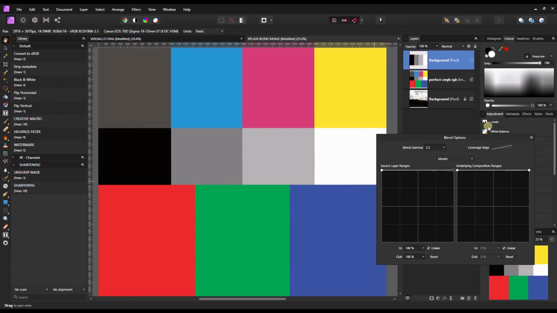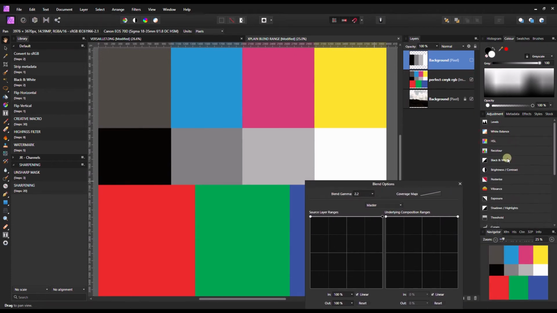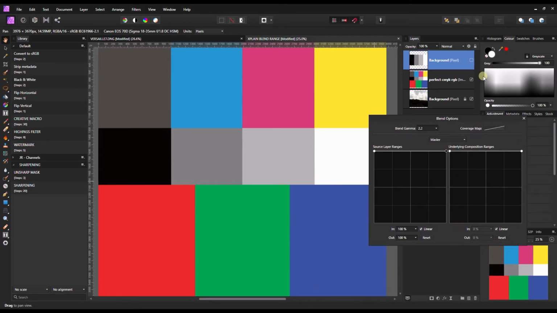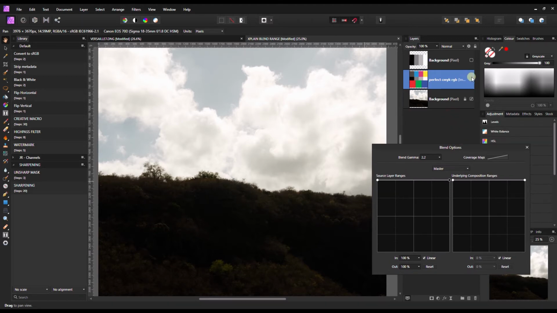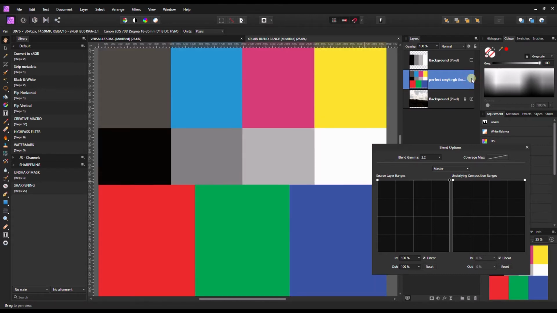If you have an adjustment layer, suppose any of those, HSL, you name it, and you say you don't want the dark side to be affected, or the bright. Let's say you want to apply an effect, and you don't want any effect to be applied on the bright side. You only want to affect the darker side. You can do that with the underlying composition ranges. I'm going to show you exactly what that means, because this all sounds like jibber jabber and way too complicated. So I'm going to show you by example exactly what they do.